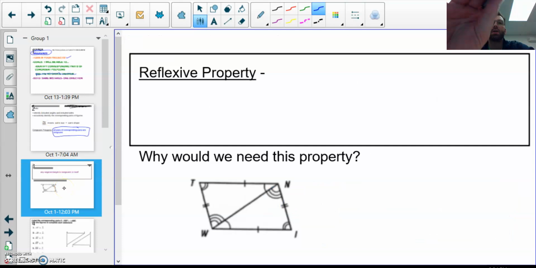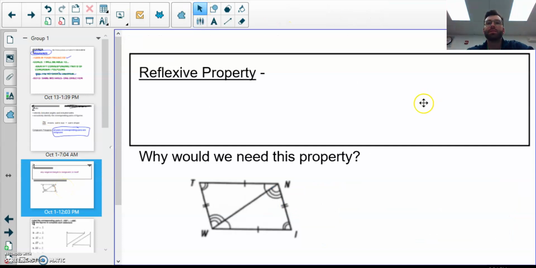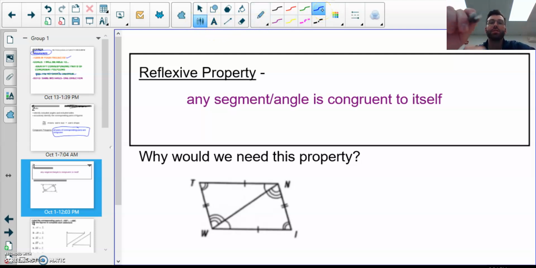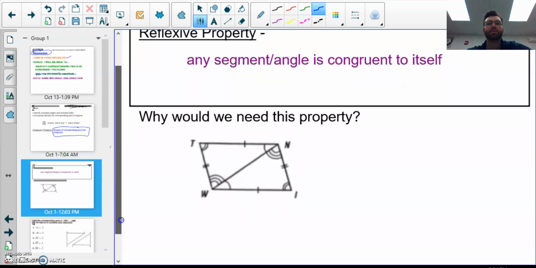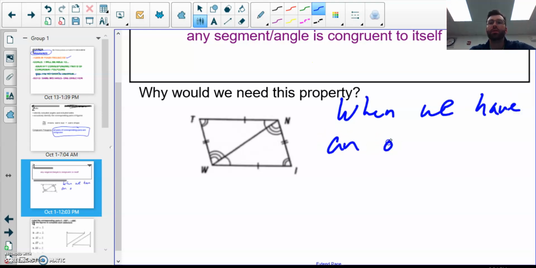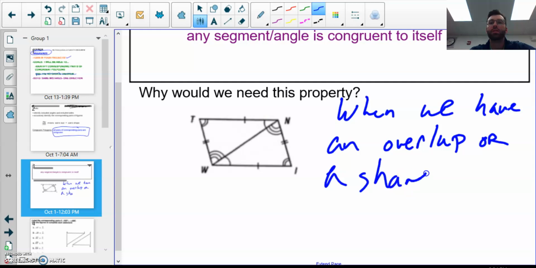There's this property that we've talked about, the reflexive property, saying that any segment or angle is congruent to itself. When you think about looking in the mirror, I made this analogy before. When you look at the mirror, what do you see? You see your reflection. Oh, reflexive, right? Why do we use this property? Why do we need this property? Well, we use it when we have an overlap or a shared